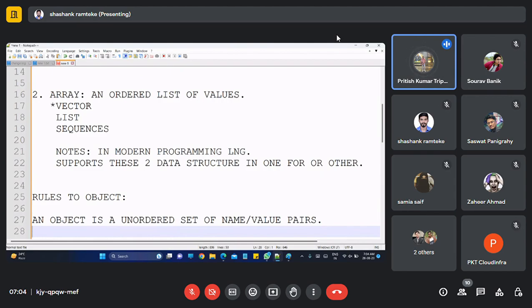The first rule is we have to start with certain name and value pairs.